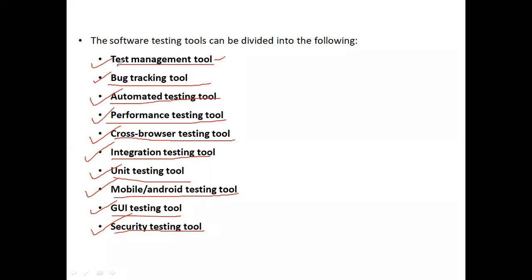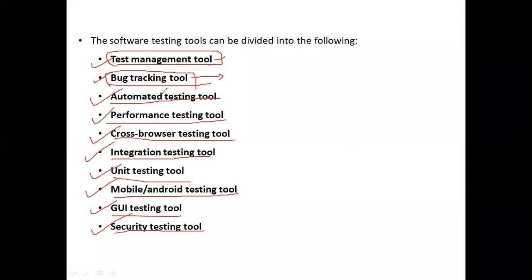In the bug tracking tool, we are going to track the defects in your software. The defect tracking tool is used to keep track of the bug fixes and ensure the delivery of a quality product. When you find the bugs and fix them, you are going to deliver quality software.